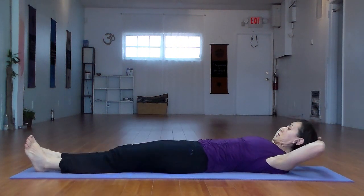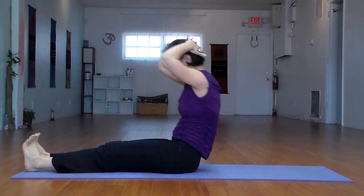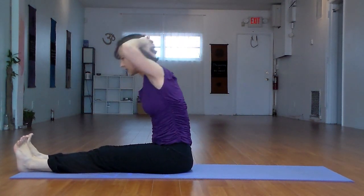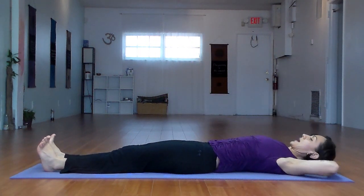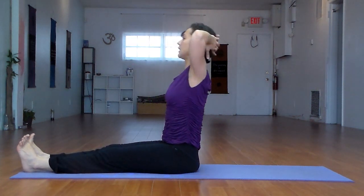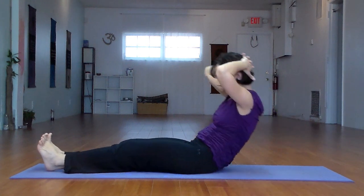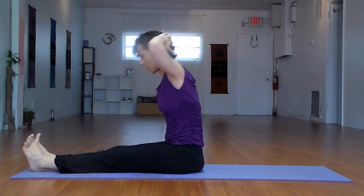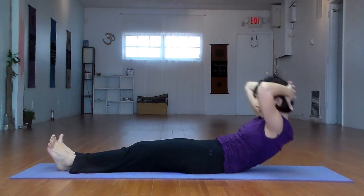Hands behind the head. Inhale. Exhale. Roll up. Fold over the legs. Sit tall. Hinge. Scoop. Roll down. Exhale. Up. Fold. Roll up. Hinge. Scoop. And down. And continue. Forward. Up. Hinge, tuck, roll, and